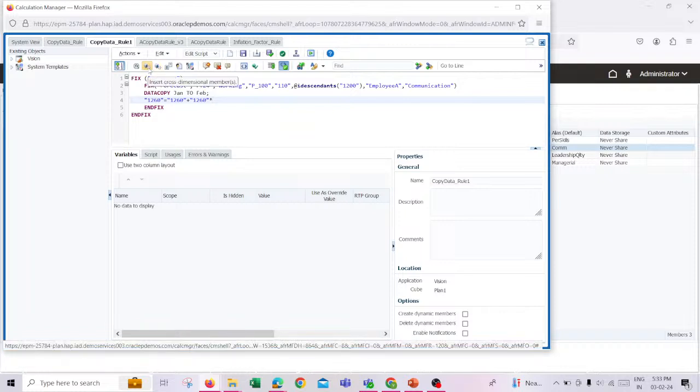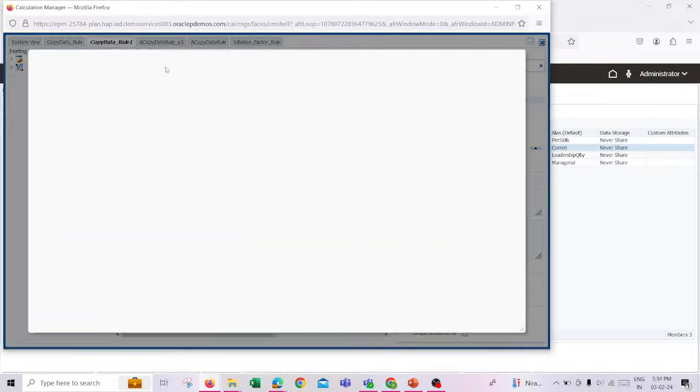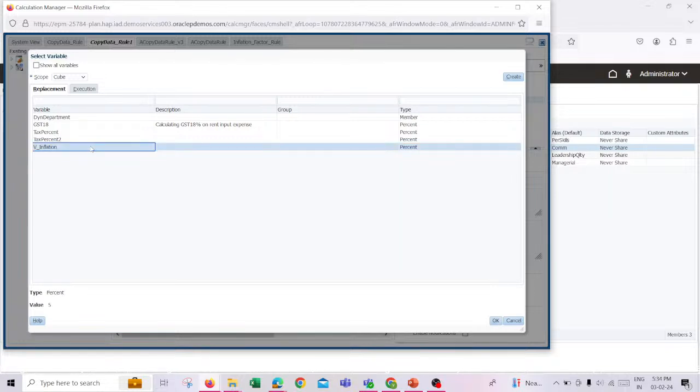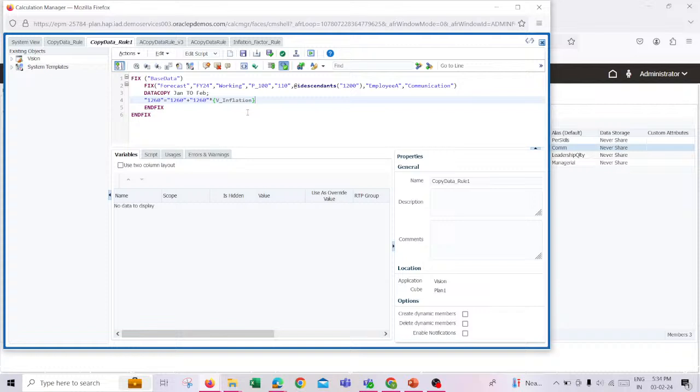A variable has already been made, and in one of my videos I explained how we insert a variable and how you actually create a variable. One variable has already been made by the name v inflation. I'll click on this and it will be added automatically over here. See, yeah, so this is how I have just created my business rule, and it will be applied on this